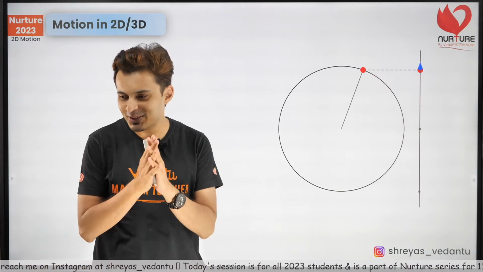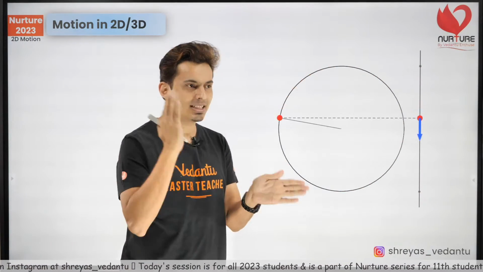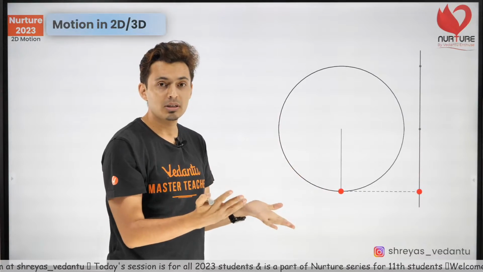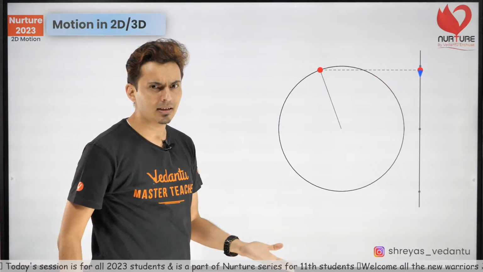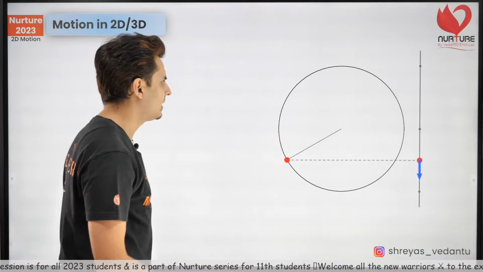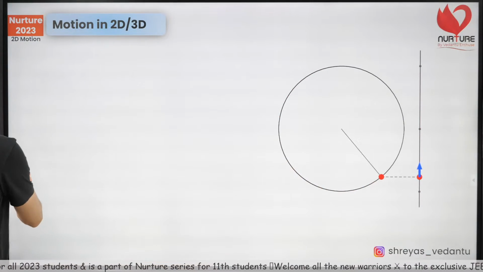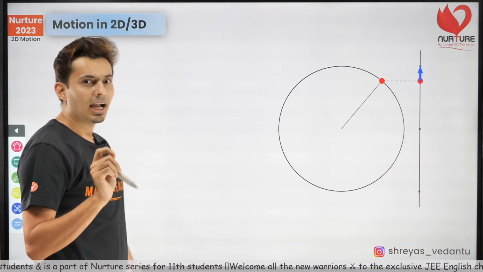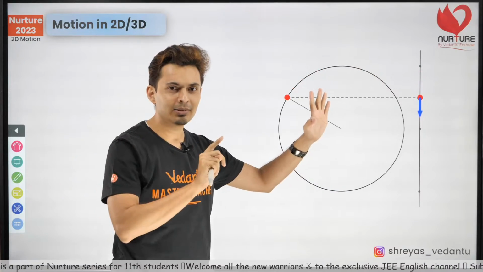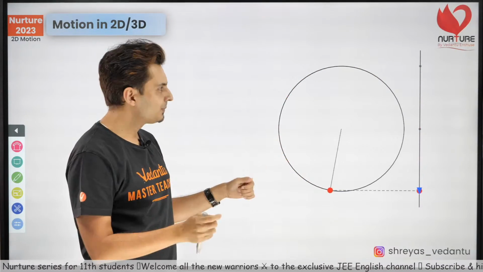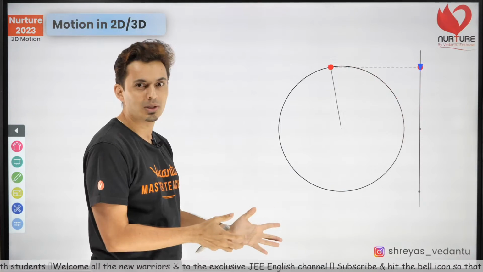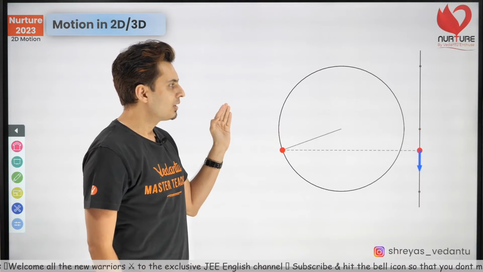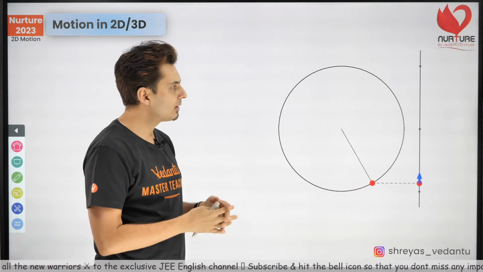So understand, any motion which happens in a plane is also a 2D motion. 3D motion means it will happen anywhere randomly in X, Y, Z. But let's first get to 2D motion, then you will understand it better. Now what is very important, I will complete the chapter in one line. Just kidding guys. This is just the main statement for today's chapter. But we're going to see a lot of theory associated with it.